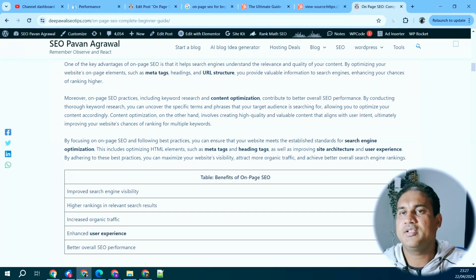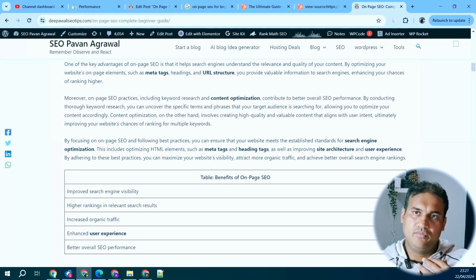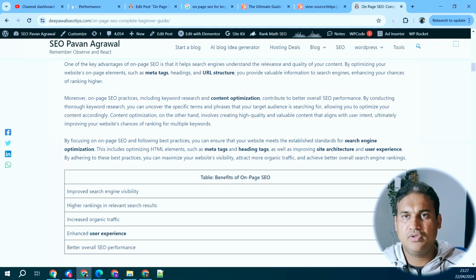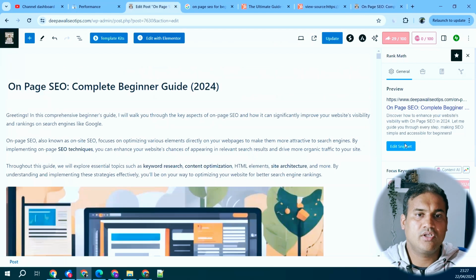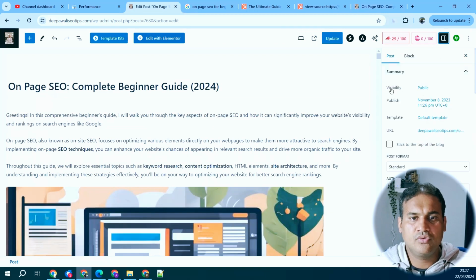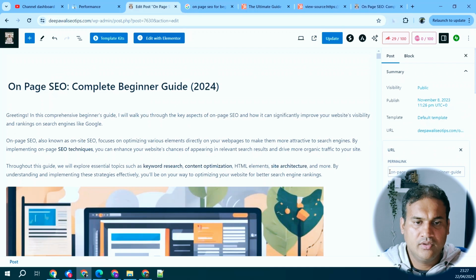There are ways where you can redirect your URLs, or you can put a not found page as well, but it is not advised, and you have to be very careful while submitting your URL. If you are a beginner and you don't know what a URL is, then you have to check my WordPress website tutorial, where I have explained how the URL structure should look. And whenever you put a post into your content, whatever you put in as a target, you can go to the post and check the URL over here. It's a permalink. Over here you will see the URL structure,